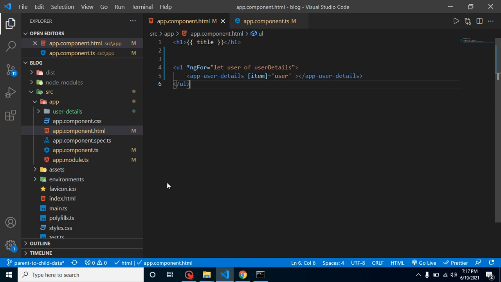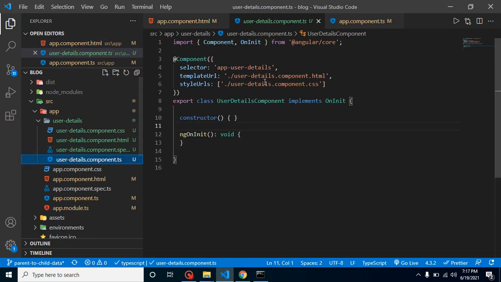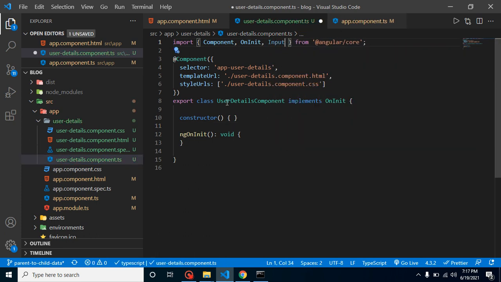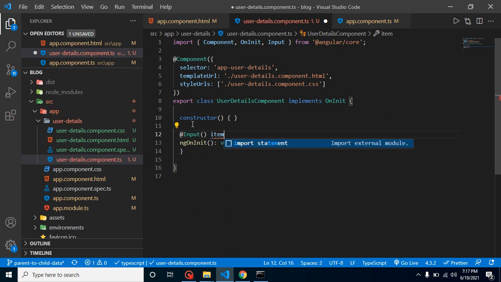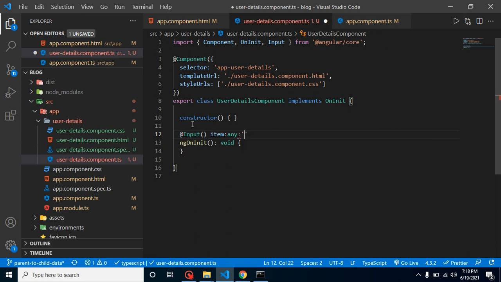Okay, so after that, how can we use these details in our child component? Let's open the user-detail.component.ts, and we have to import Input here, and simply use @Input as a function, and let's define item, and this item we can define as any, and by default it can have some blank information or something like this.